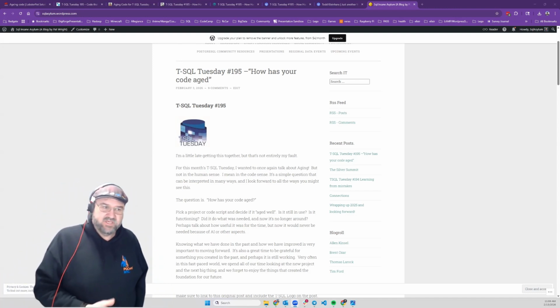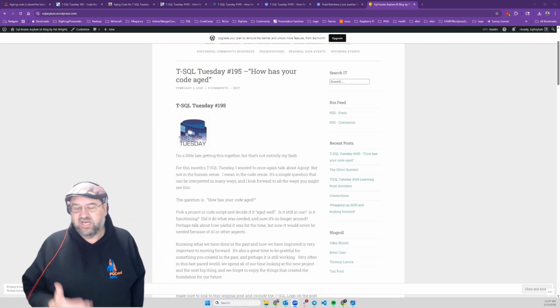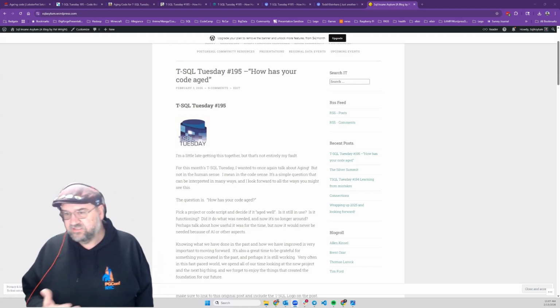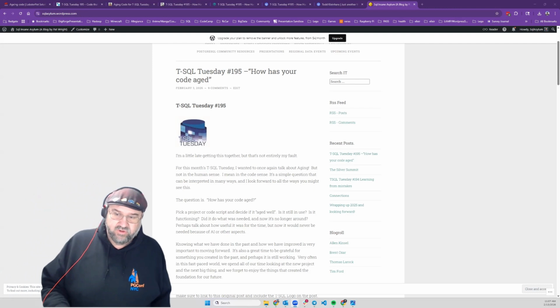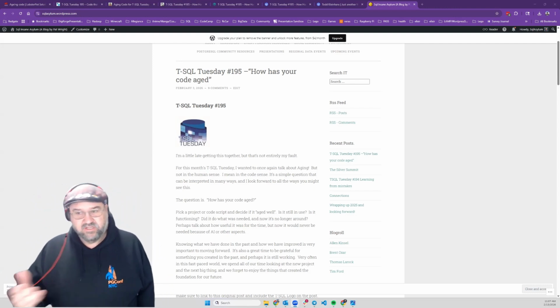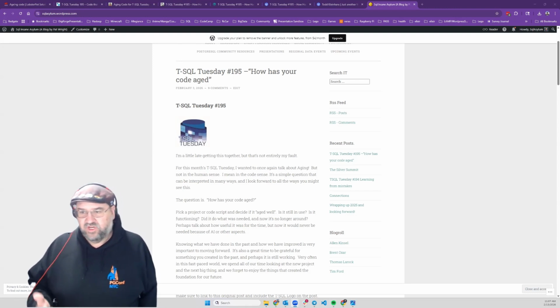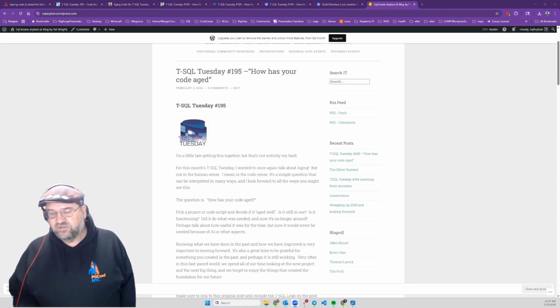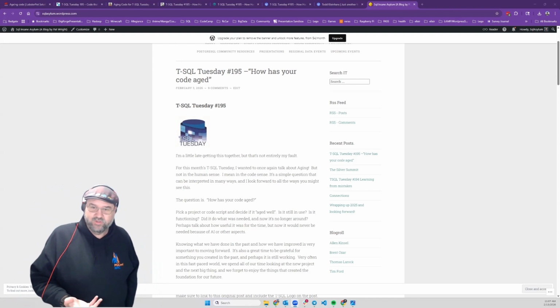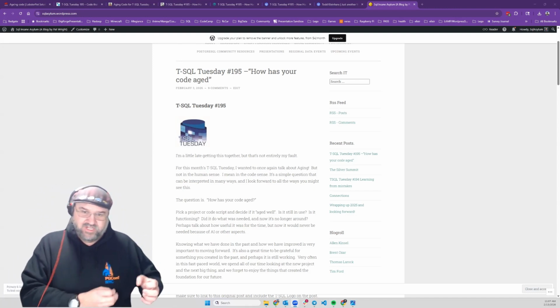When somebody said to me, can you create a data warehouse to do this? I knew all the steps that needed to be done to do it. I could change the code. I could use different methods now. I could use Databricks or something else, but I still understand the fundamentals of all of those things that have been done. So my aging of my code is definitely, the code itself has not aged.